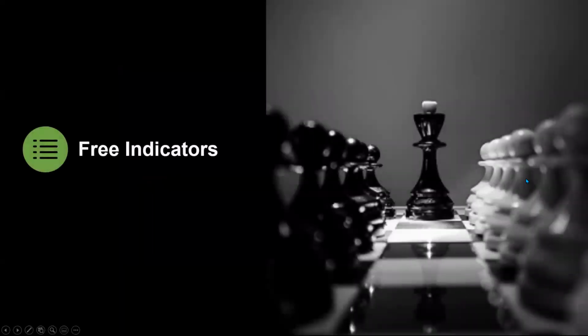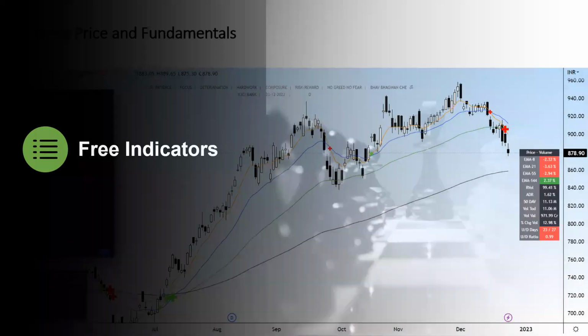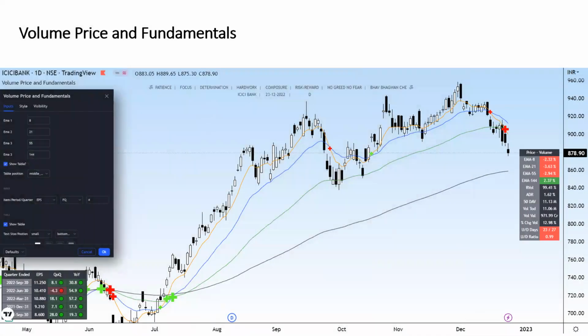Okay, coming to free indicators. As I said, these are free indicators. Free meaning they are published by me on TradingView over the years, and the idea of these indicators has been learned from people who are good, and I felt okay, I can probably do an indicator on it which is better than what they explained to me. Okay, I'm not saying they missed any point. It's just that I can add my stuff also on top of that.